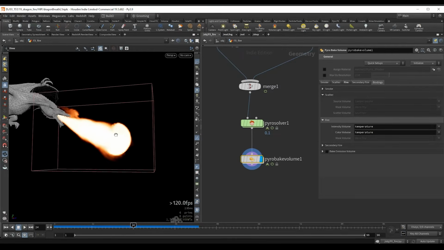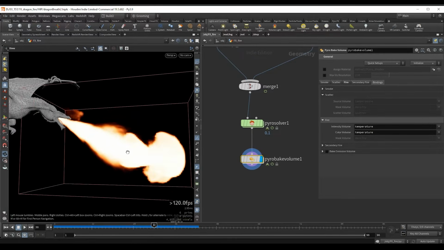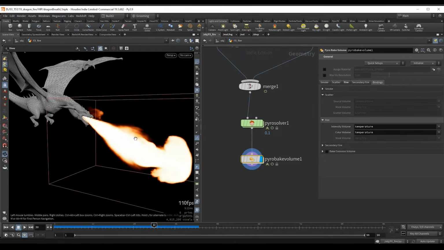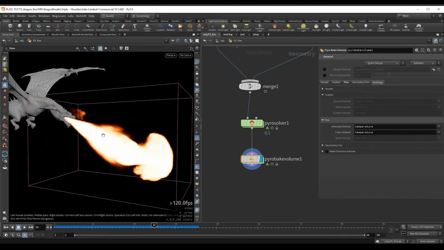So right away we can decide if this fire can emit density. So it can be a smokeless fire, but if we create the density, we will have access to the scatter field here, and we can use it as a mask in our fire as well and just create more visually pleasing results. So we are going to use density for this,